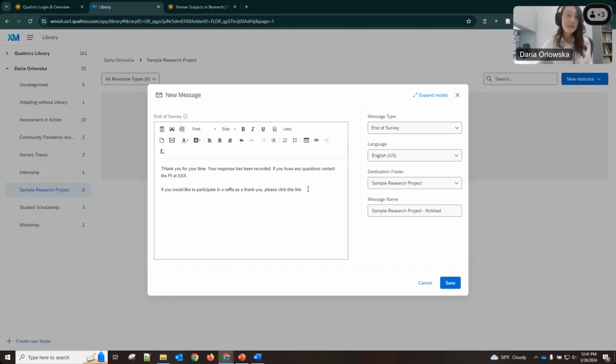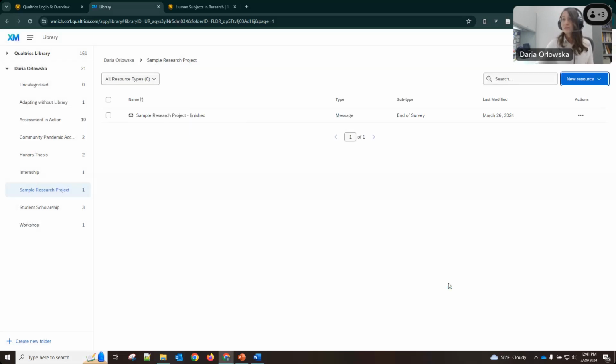Otherwise, you can just keep this as a placeholder for now until you create that second survey. Something like, your survey responses will not be associated with your raffle entry. Okay, so we can click save on this and we see that it has populated within the folder.